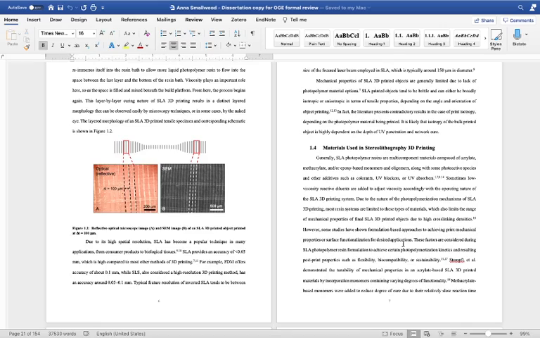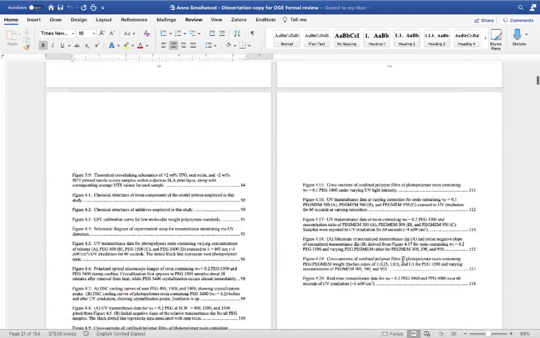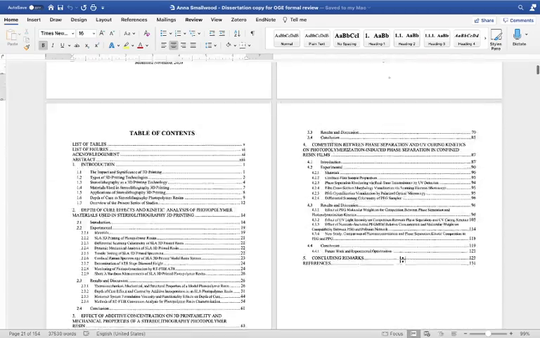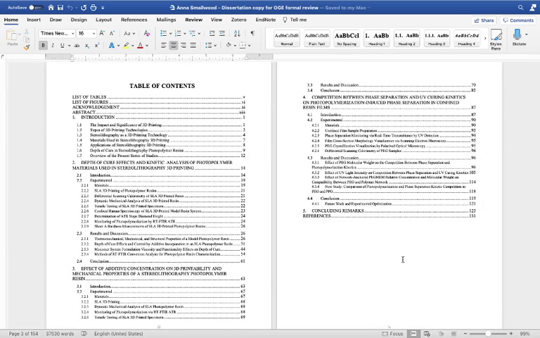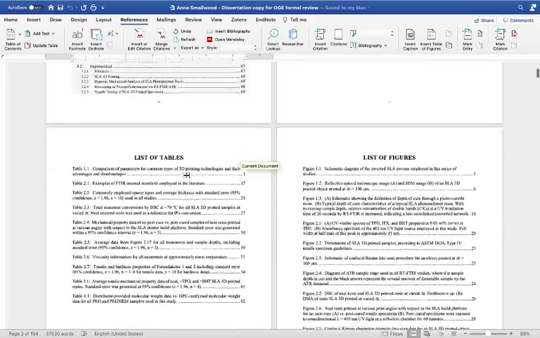The one thing that I noticed that was a little tricky is when you're building the table of contents. Word has this really nice tool where you can go to references, and there is a table of contents tool, and it will build a table of contents for you based on the headers of each section. So to do that, for example,